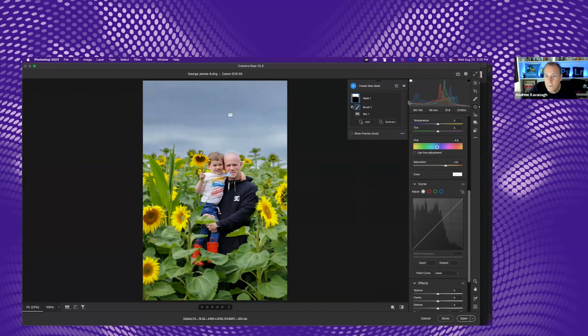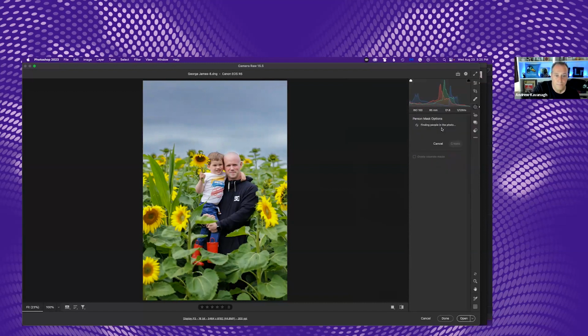And then if I go to masking, I can say select people. So it's finding people in the photo. It found both. That's pretty cool. And then if I hold shift, it selects both. And as you can see here, one thing that's pretty amazing is it says entire person, but